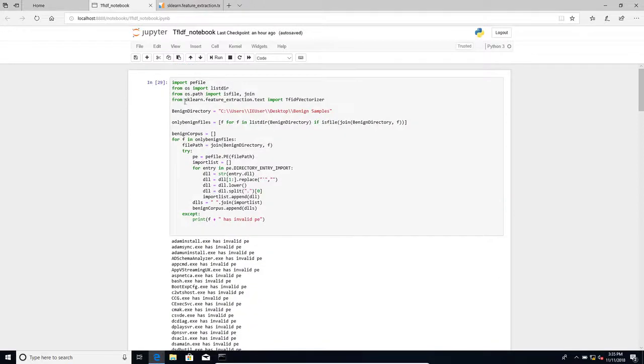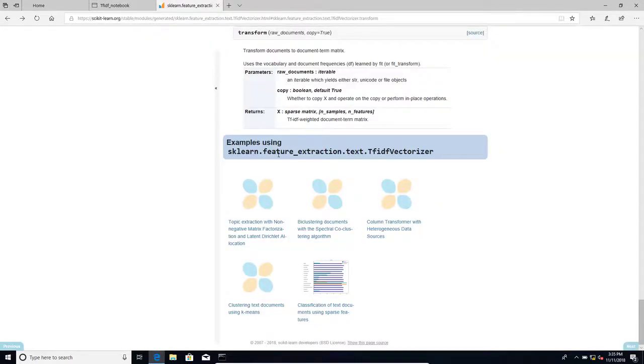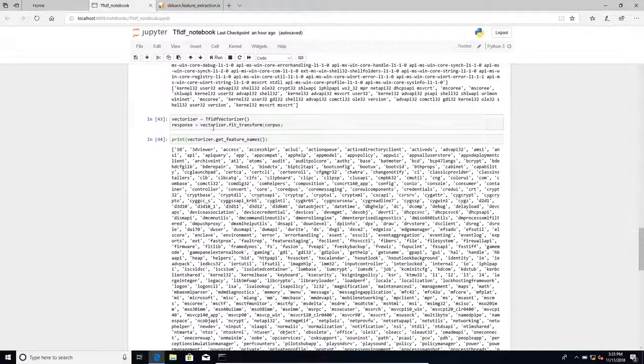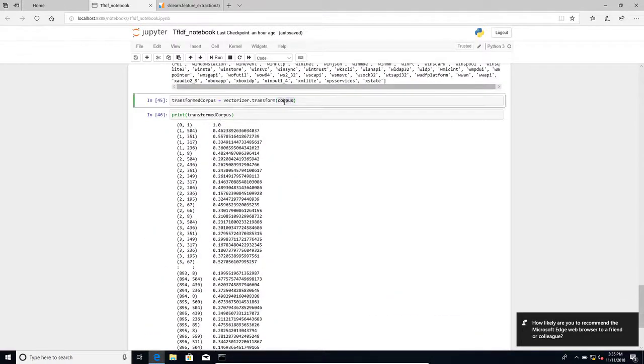We're going to use scikit-learn. So here's the exact line to import the libraries. To use it, there is some documentation available here. Basically, you're going to take your corpus, you're going to fit your vectorizer on it so that it knows how to scale each of the words. And then you can take, let's say, the corpus, but it can also be just one vector, and you transform it with numbers representing the weights and occurrences.